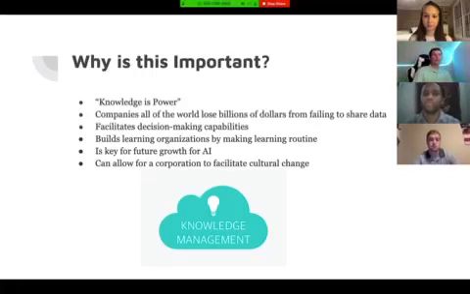This helps facilitate decision making, and companies are better suited with information that they can work on with external or internal opportunities and help them grow. Knowledge management systems help make a learning routine for an organization, and they allow for companies to have a set routine for what they need to learn and what they need to grow, and other things. For AI, it's especially important, especially for the future, in that knowledge management is a streamlined